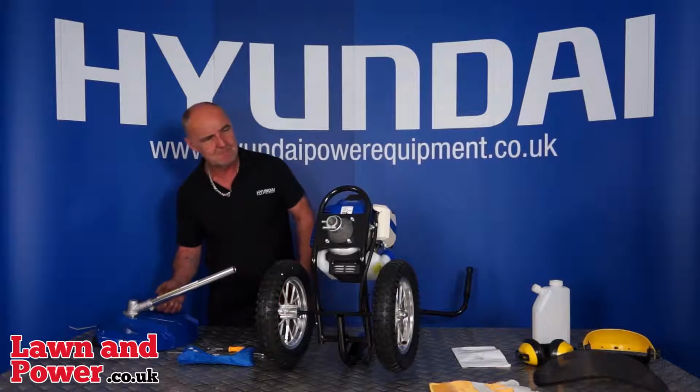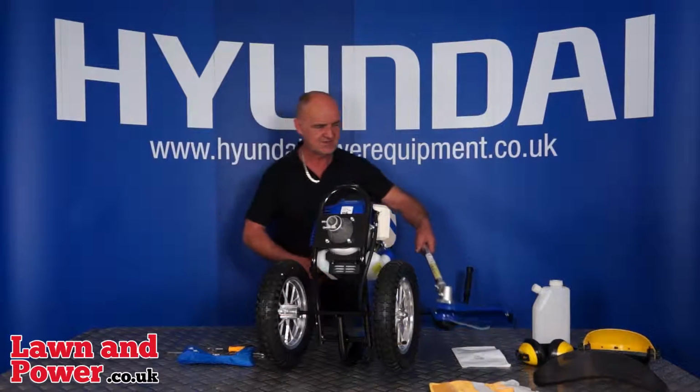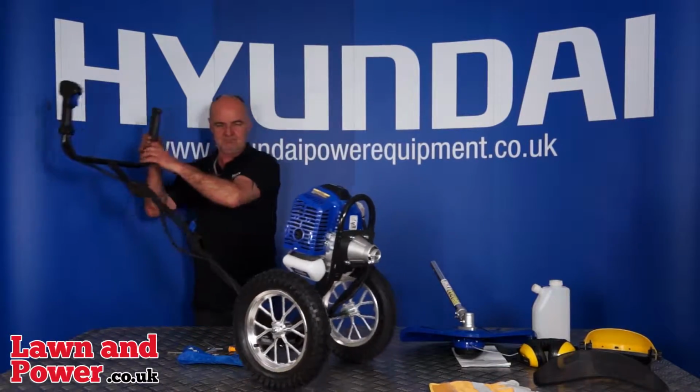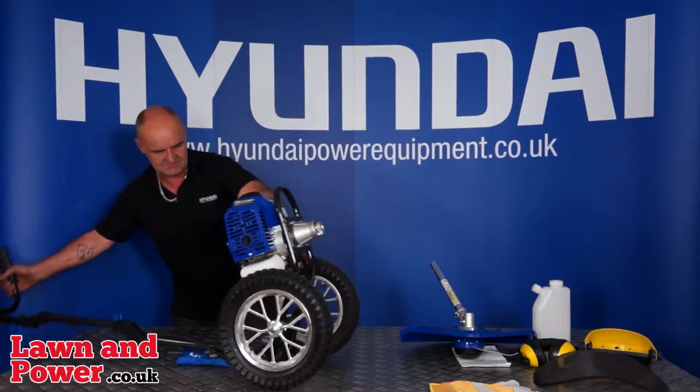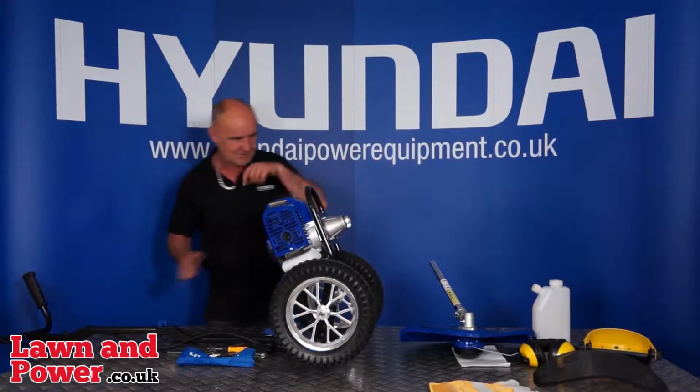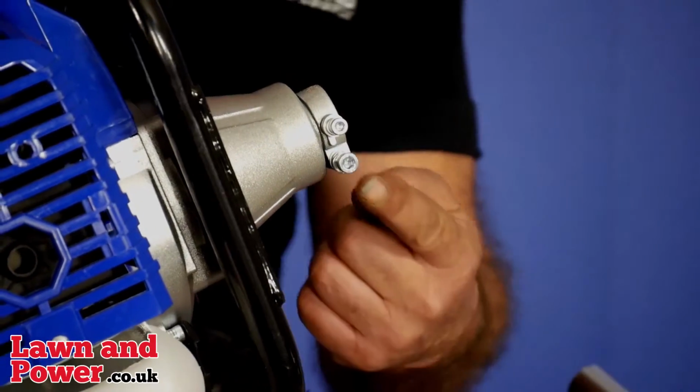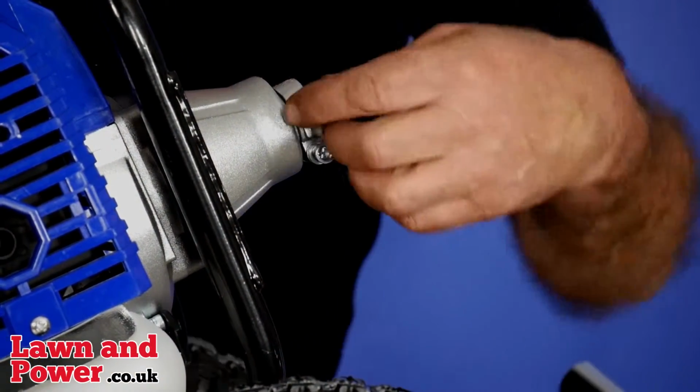So we'll remove that. I think the next thing I'll do is just rotate this around so that you can see what I'm doing. There we are. Right, bring it a bit closer. Here are the two screws we put in earlier on, the very long screw and the very short screw. If you now remove the short screw,